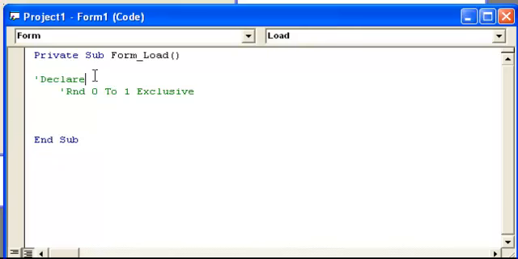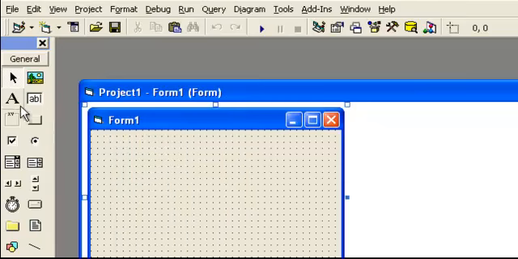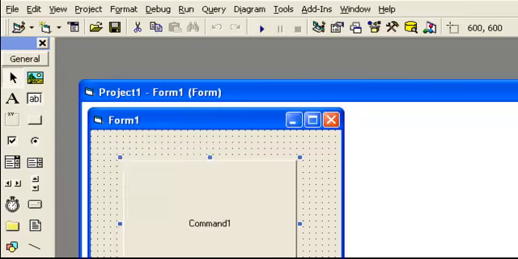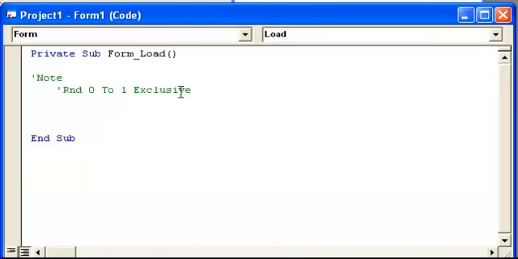Let's put this as a note. We're going to use this to make our random number. So how do we do this? Well, let's have a button first so that I can show it. And in your form load, you need to have initialize the random number generator,